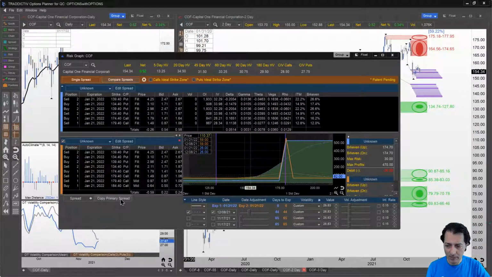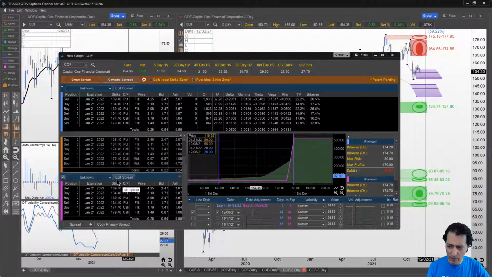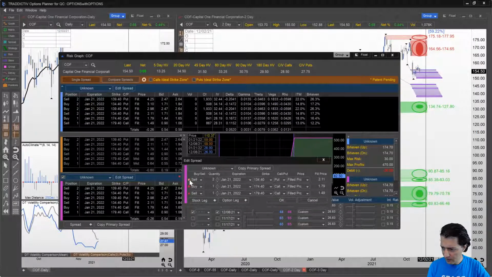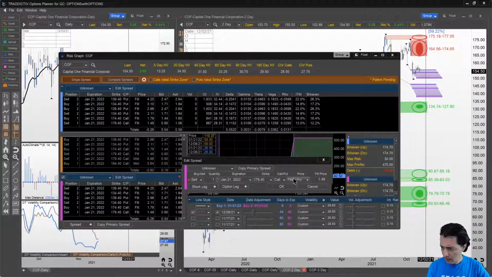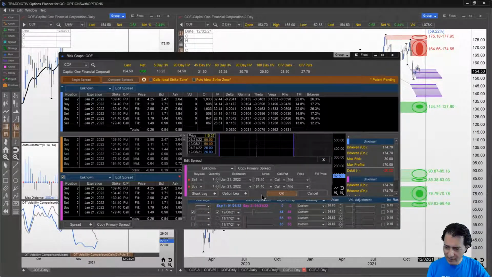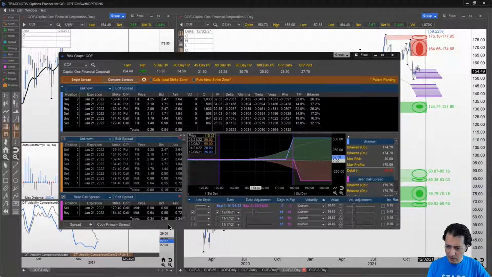Let me do it like this, just so we have everything on the screen. Let me get rid of everything. Let me make this mid. Let me add one more, which is buy 184. So for you to butterfly it, you need to do this. You need to sell one of the 179s and buy one of the 184. And if you do that, currently,